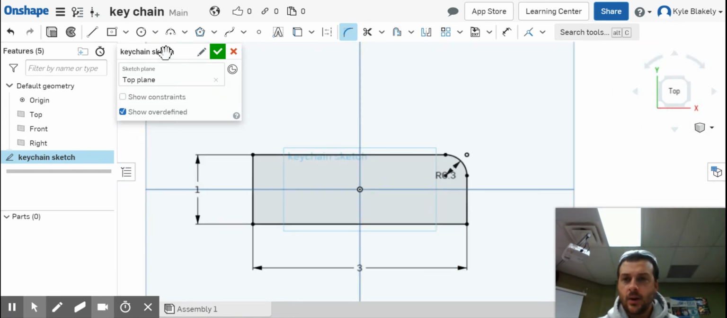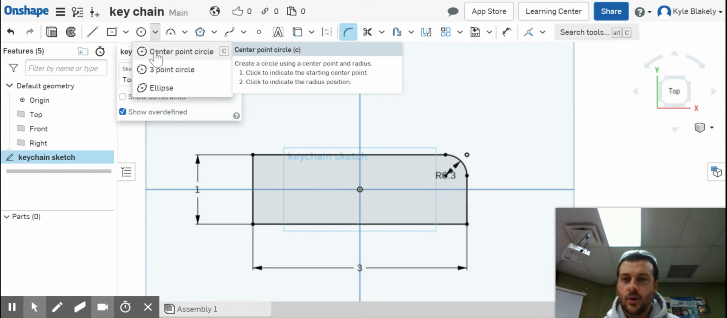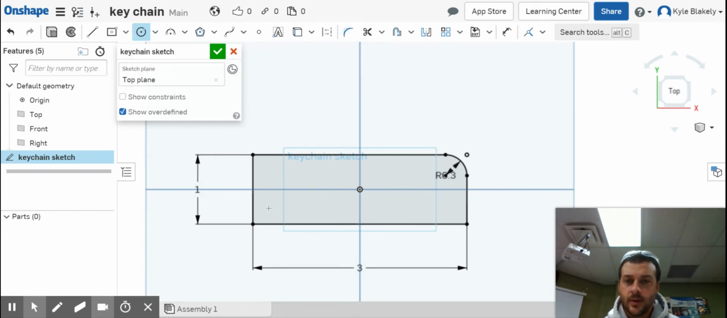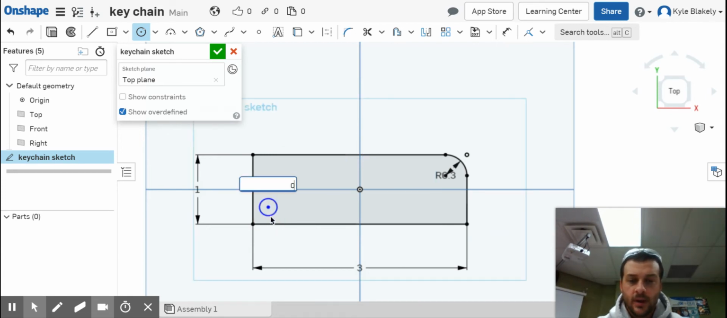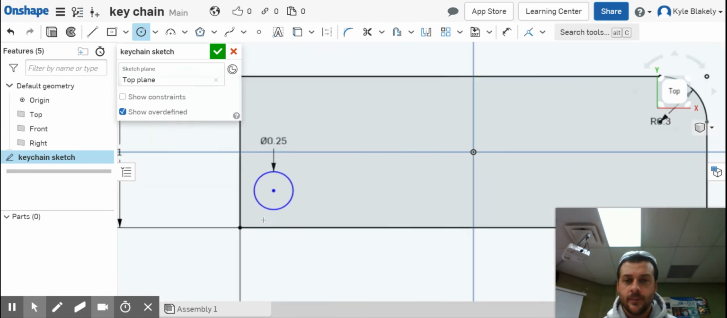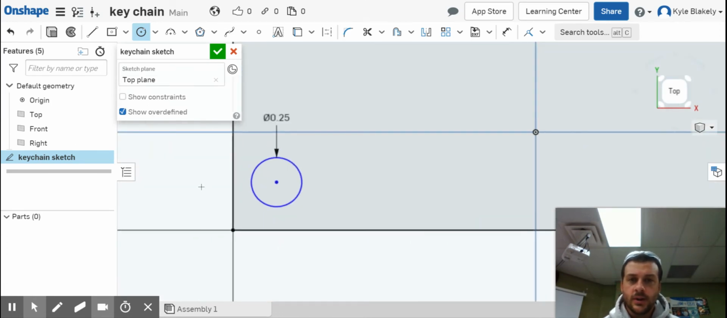If you want to add a hole somewhere in it, you can take from the circle menu and just go center point circle and click where you want to add one. You can drag it out, left click once, the box comes up. 0.25 is a good size because it's common for drill options. So we can hit enter,